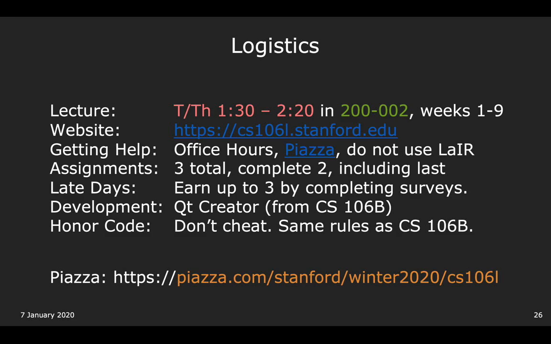For development, the platform we're going to use is Qt Creator. I know some of you are going to ask, can I use some other platform? Basically, for the first 2 assignments, the first assignment uses a graphics library which is specific to Qt Creator. The second one uses a networking library, which is specific to Qt Creator as well. So for the first two assignments, you can't use anything else. You have to use Qt Creator because unfortunately C++ doesn't actually have a built-in graphics library yet. In C++20, there's going to be a graphics library.